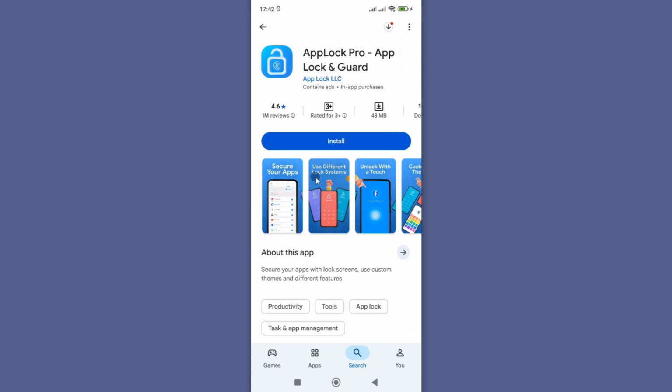In this video, I'm going to show you how you can fix can't install AppLock Pro app from Google Play